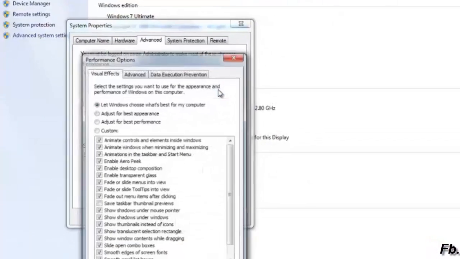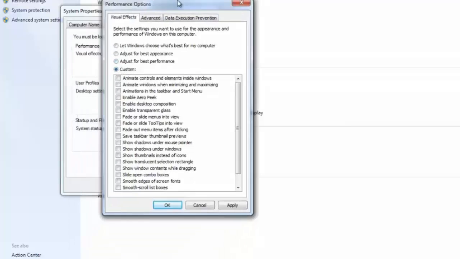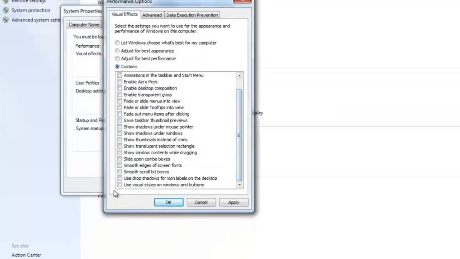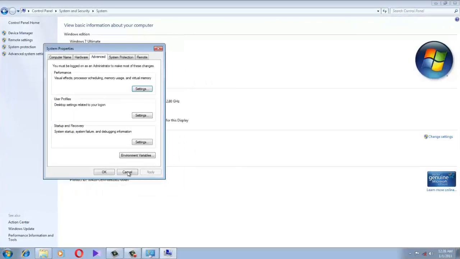You can set it to adjust for best appearance, adjust for best performance, or you can set it to custom. In custom, you have to check some items: check use visual styles, check smooth edges, and check show thumbnails. Then click OK. You can see my computer's interface has changed a little bit.